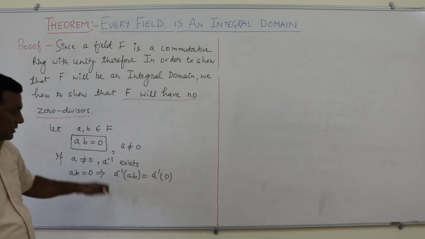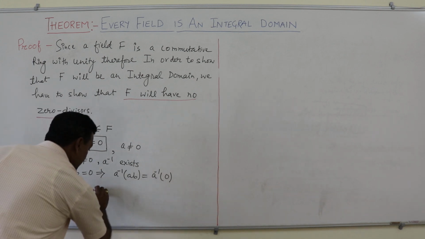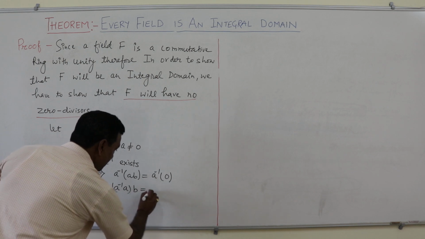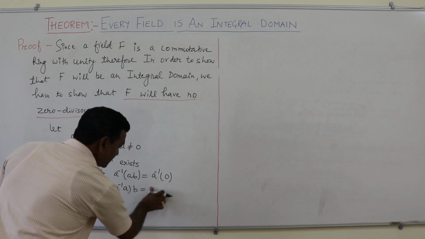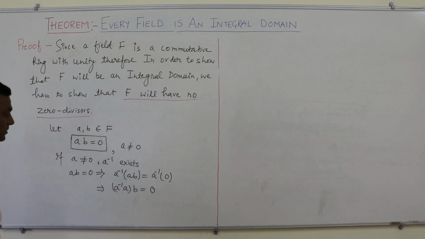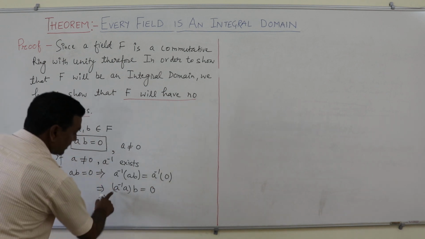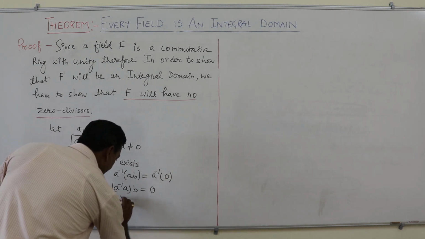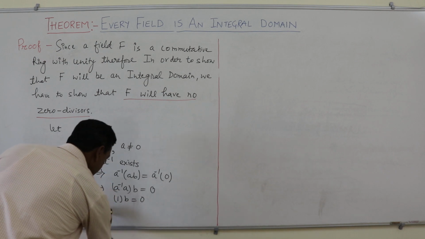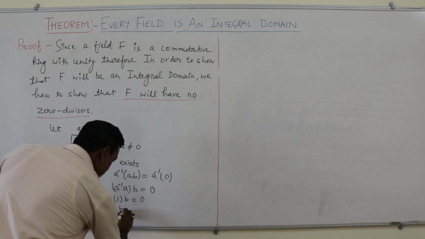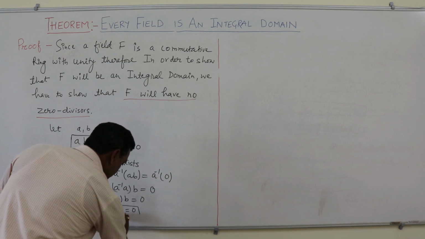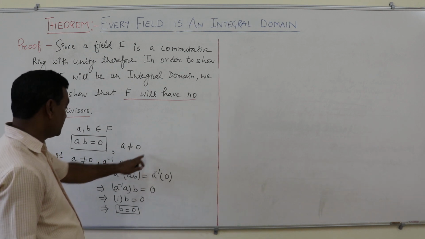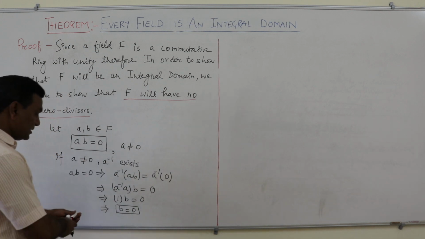It implies A inverse A into B equals 0, and A inverse A is 1, so 1 into B equals 0, and this is B equals 0. It means if AB equals 0 and A is not equal to 0, then